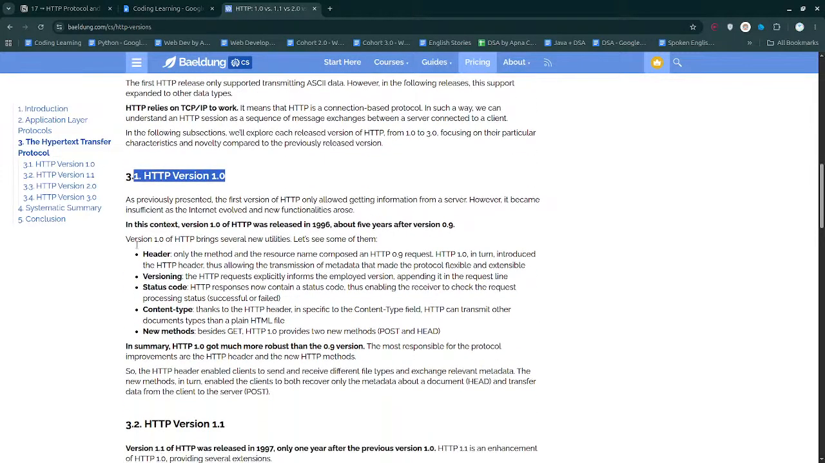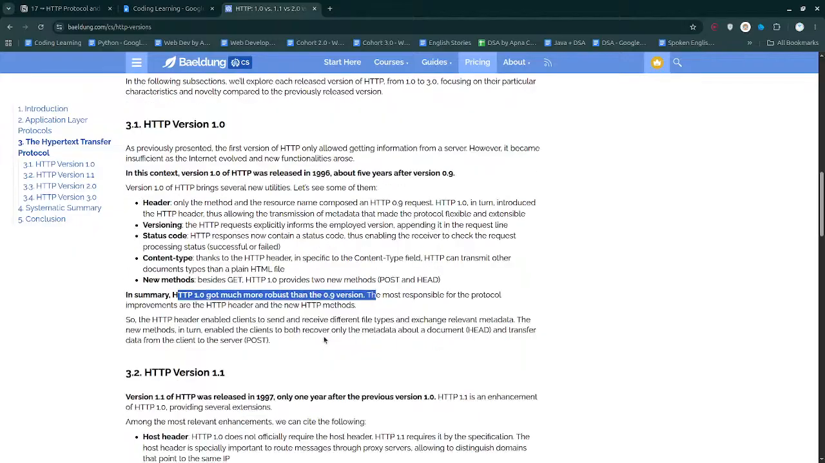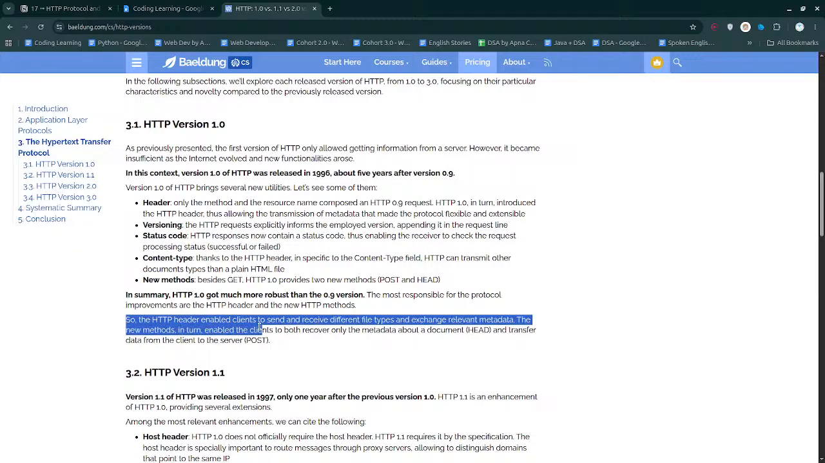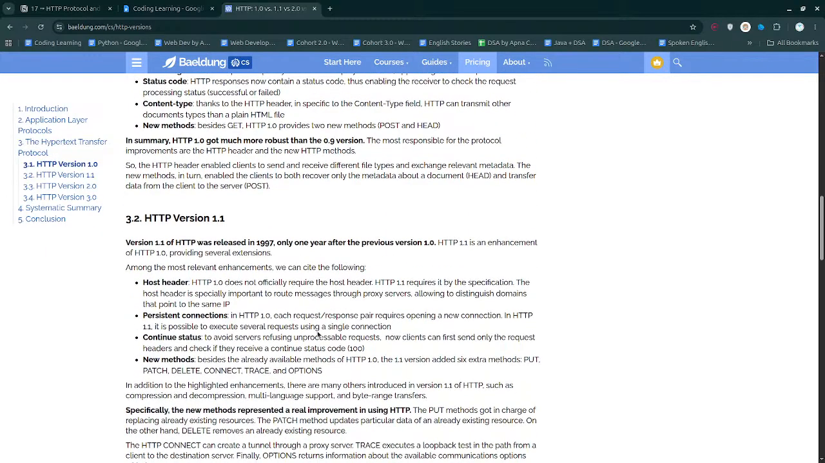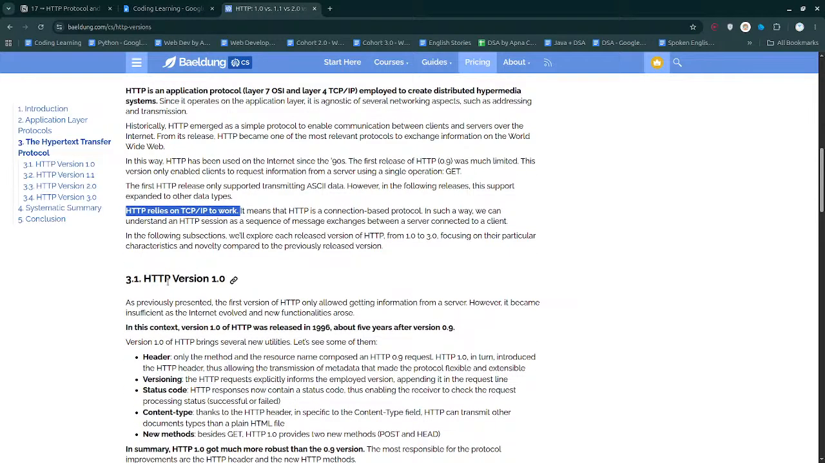HTTP version 1.0. In summary, HTTP 1.0 got much more robust than the 0.9 version. There was even a 0.9 version before that, but never mind. The HTTP header is enabled to send and receive different file types and exchange relevant metadata. So 1.0, then we got 1.1. HTTP relies on TCP/IP to work. That is also right. Coming back to this one,